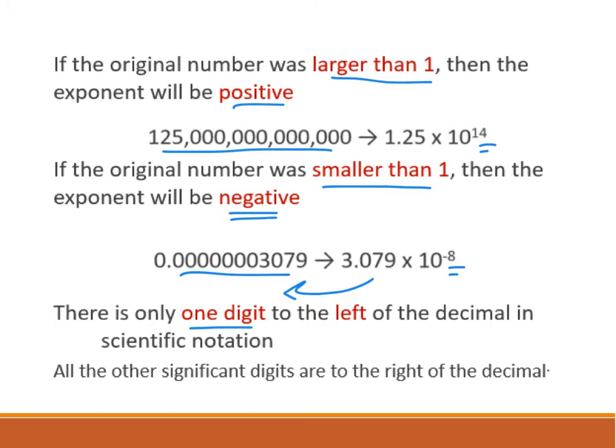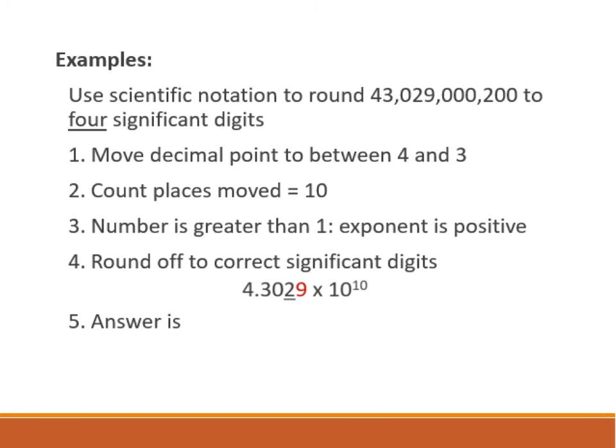Notice also there's only 1 digit to the left of the decimal in scientific notation. It's always a number, decimal point, rest of the significant digits, so that you never have more than just 1 digit to the left. So I just want to work through 2 examples, and then you'll be turned loose on a worksheet to try this on your own. So let's use scientific notation to round